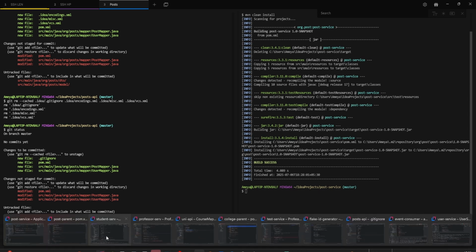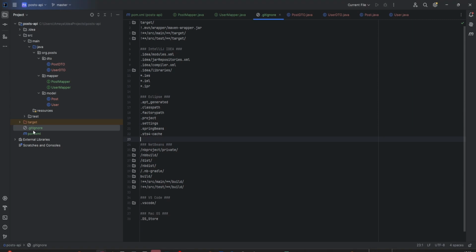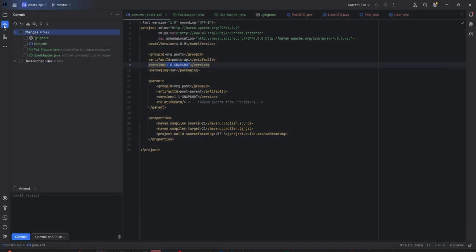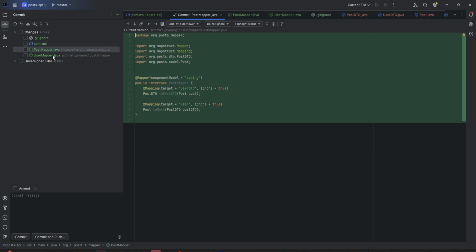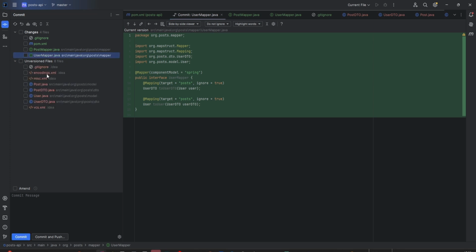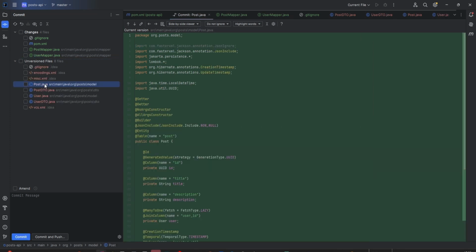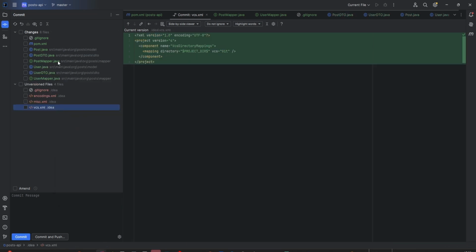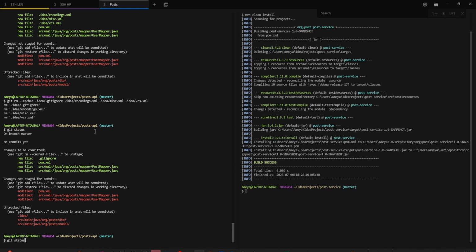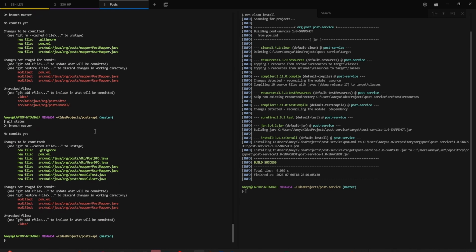Oh, wait a minute. If I go to my posts API and go to POM, commit, go to POM, the whole file, yes. Again, yes, yes, and this git add. Okay, and if I go to git status, git add,